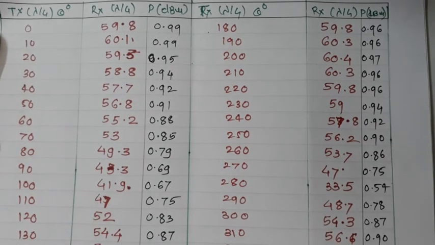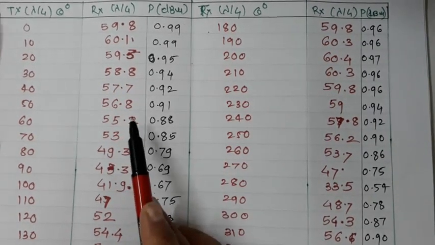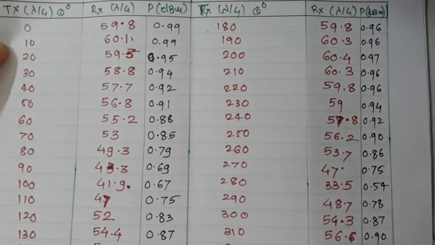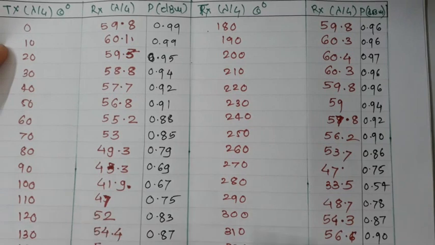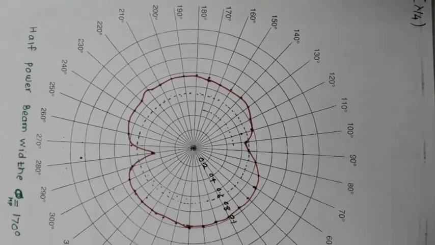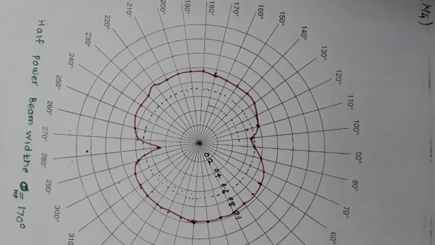Now we have performed the experiment and we have seen what powers we are getting at what particular angle. What we have done in this experiment is we have normalized all these things: we have calculated the gain and divided that gain by the maximum gain. So our values fall between 0 and 1. So this is for lambda by 4. Then we have plotted all those values on the polar plot, where you can see our angle varies from 0 degree, 10 degree and so on. And then we have calculated the beam width.